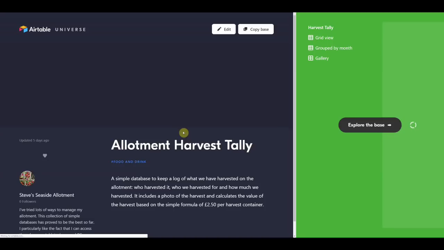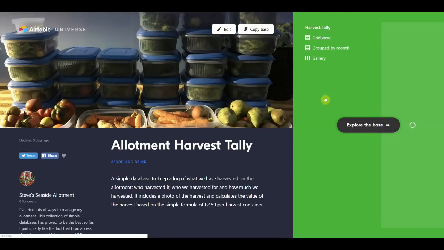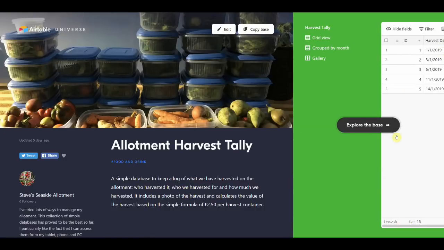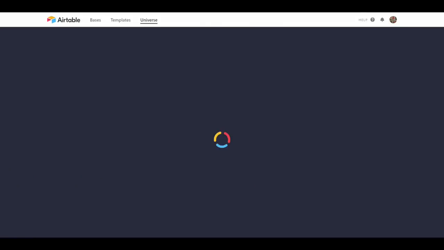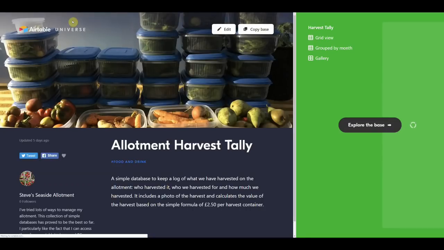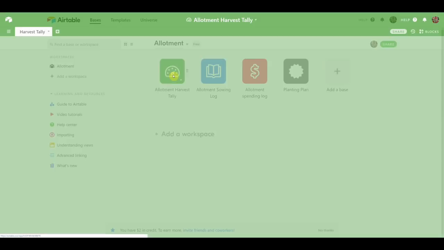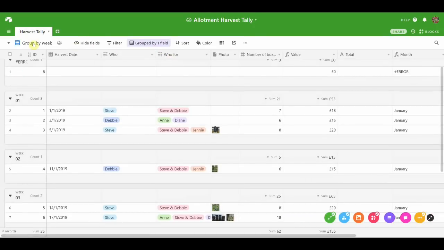And if you take a look at those, all of them come up like this. There's a bit of a description about them. There's the sample database here, which has got initial information in it that's from the last month or so, and it's very easy just to go and modify any of these to suit your needs. So if we just went into the harvest tally, for example, oops, I just need to go back into the harvest tally, and if I just remove that group,